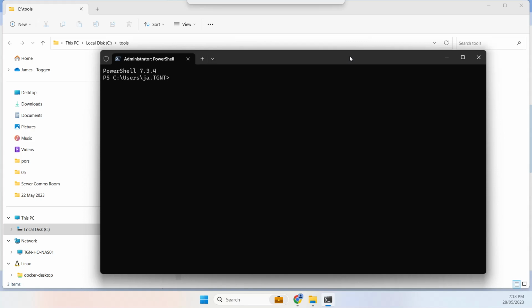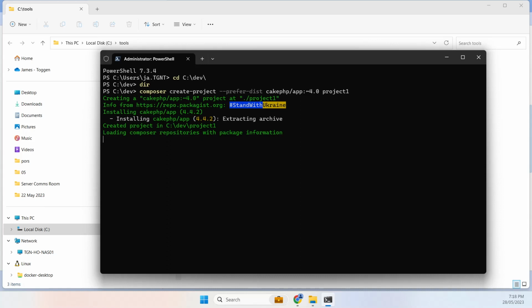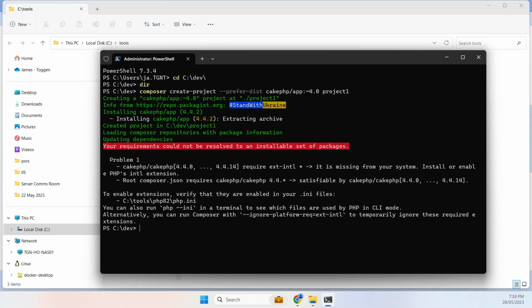So we'll get another administrative terminal up, and we were going into dev to create a CakePHP project, and the new terminal is really cool because it's got this autocomplete, so it's a lot easier, it's a lot more like Linux. So we're going to install a CakePHP project. Notice our first error message here really says, okay, can't do it because I'm missing some extensions. So this intl. So let's go into our tools directory, into our PHP folder, and get our code